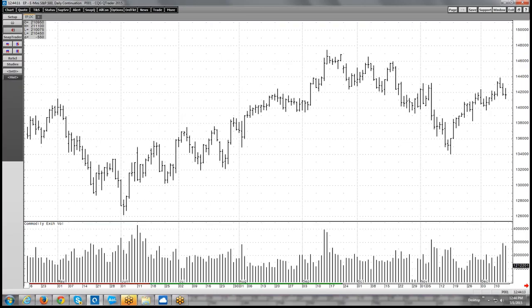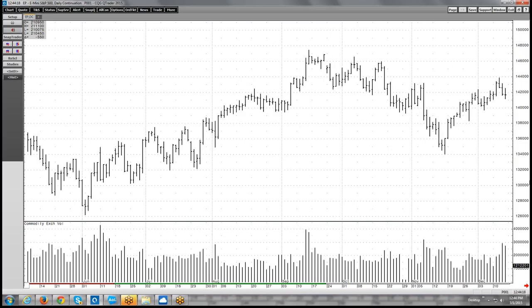Wyckoff. So let's go through the process of the accumulation, starting from the beginning and going up to the markup phase in the particular market. Let me spread this